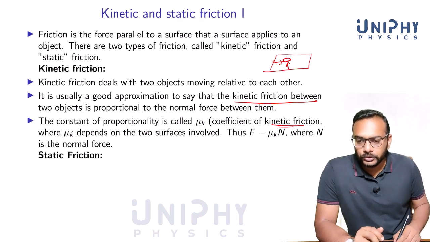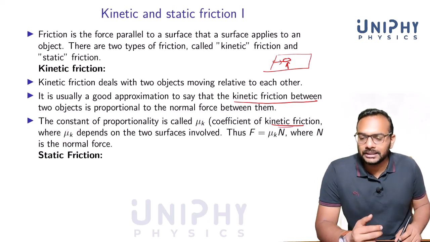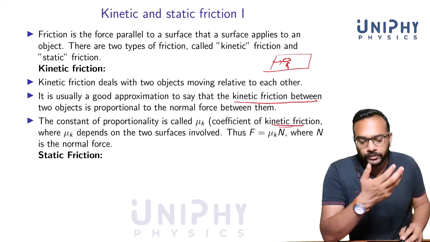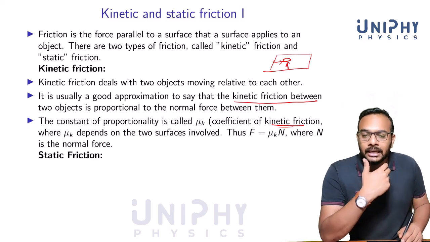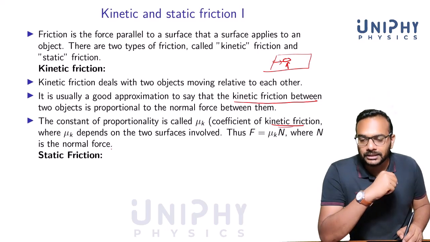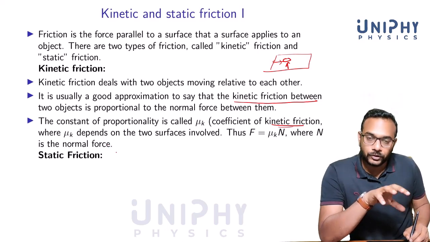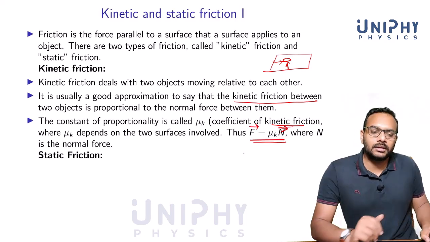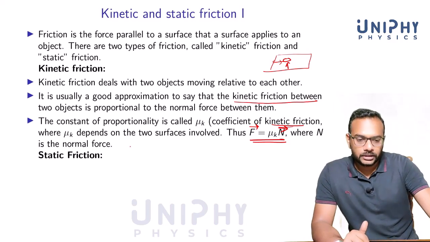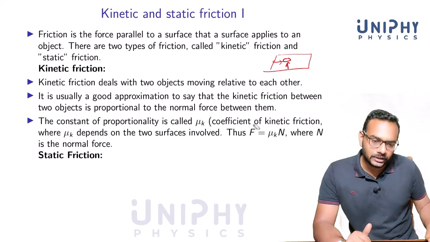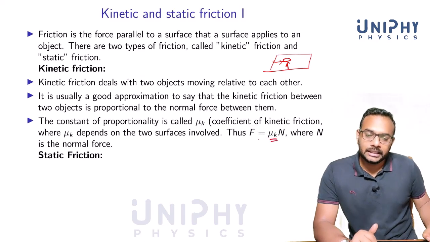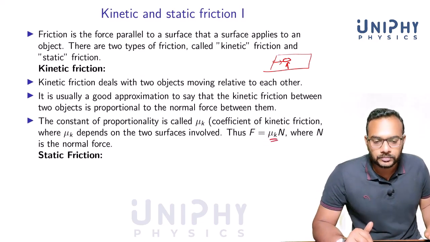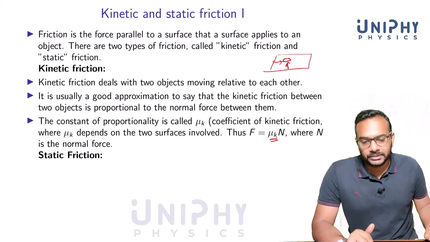Alright, so mu k is something that has to be supplied as part of the problem. You need to know the coefficient of friction, and if you know the normal force, you can write down the force due to kinetic friction. So F is equal to mu k n. You can write it as a vector, where n is the normal force. Generally this could be different for each component. So this k subscript here means that it's the coefficient of kinetic friction.